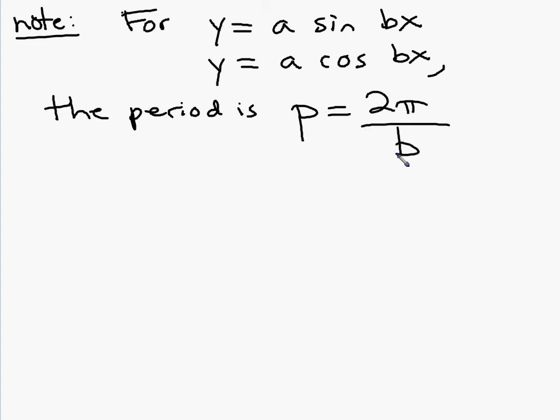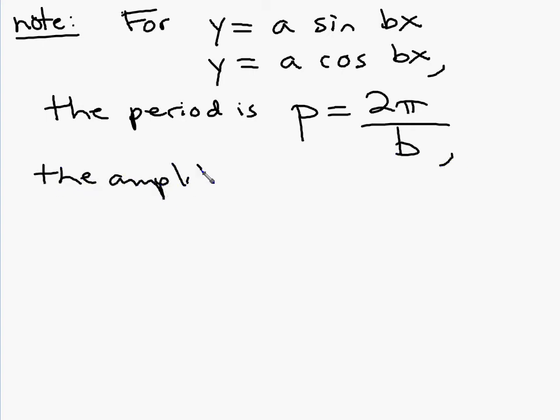Now I know what you're thinking. I thought you just said, Mr. Lindner, that the period was 2 pi. Well, it is if I have a 1 in front of the x. But I don't always have a 1 in front of the x. All right? The period is 2 pi over b,